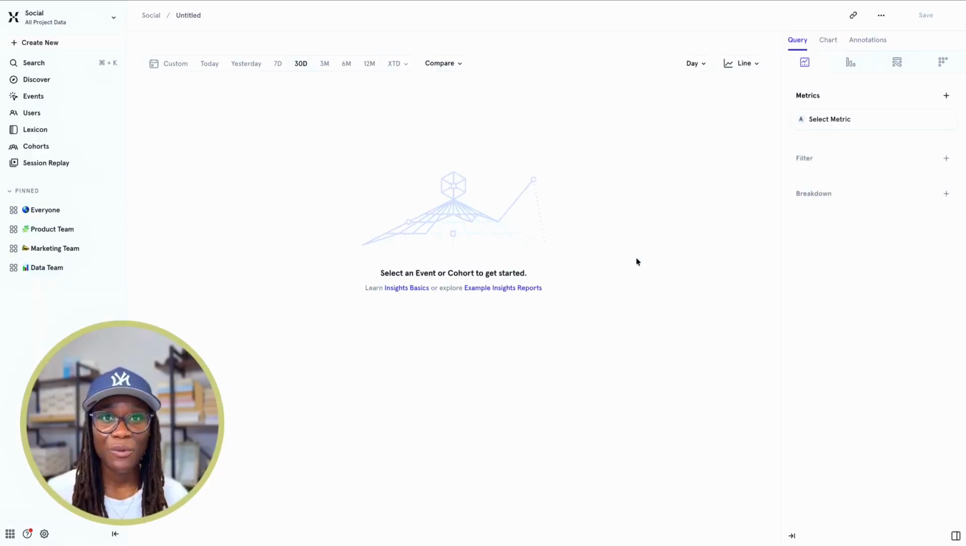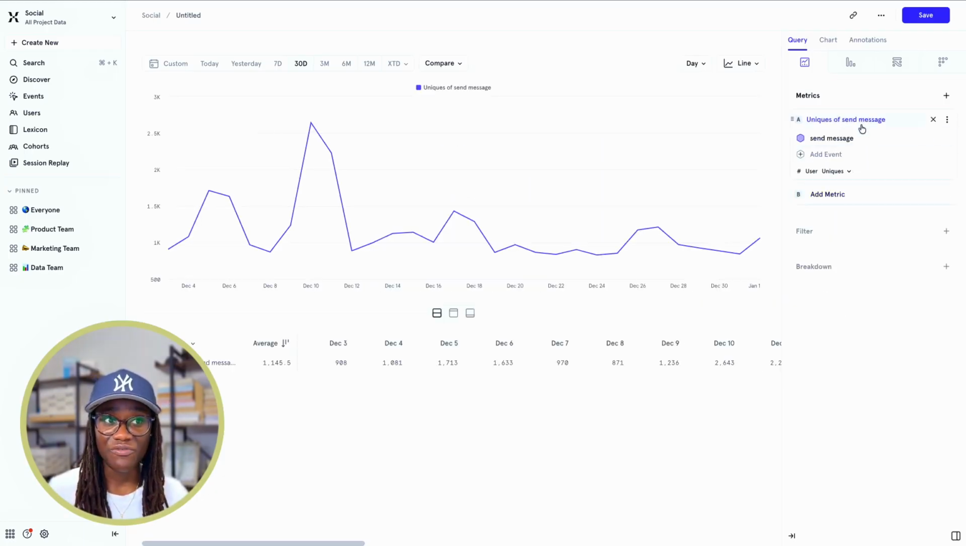Let's get into it. By way of quick recap, Mixpanel Insights reports are based off of metrics, and metrics are events combined with how you choose to measure them. So for us to understand breakdowns, we have to start with those metrics. Let's start with the send message event, looking at the uniques. To keep it simple, we're looking at this social networking app where users send messages to one another, and we're keeping it simple as measuring the unique messages that are sent on a daily basis in the